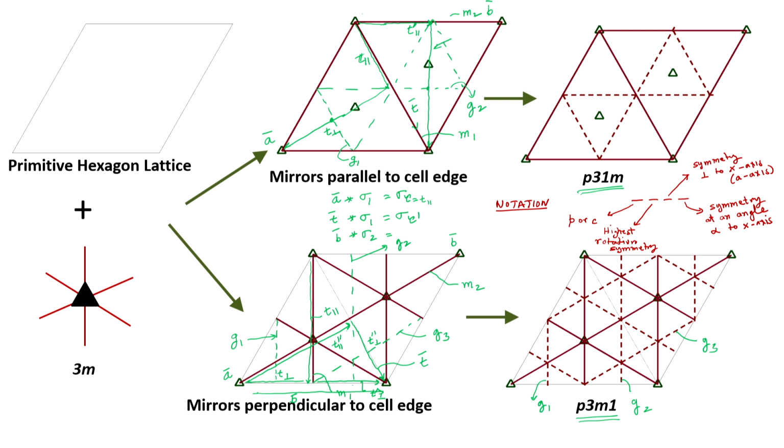So, first of all, P stands for primitive. Highest rotation symmetry is the threefold rotational symmetry. So, that is the second symbol that follows. Then I have 1 in the top figure. 1 stands for, this is a third symbol, a symmetry perpendicular to the x axis or the a axis.